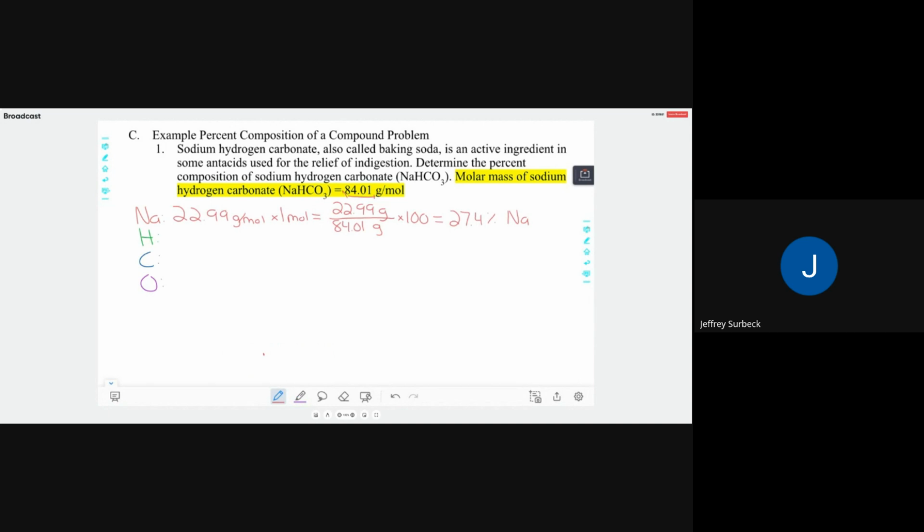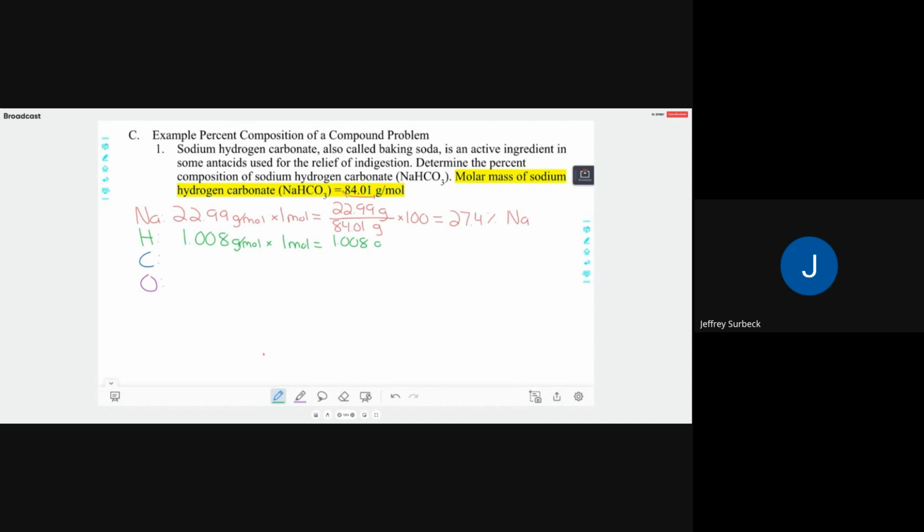We're going to do the same or similar thing. The only difference is this. Hydrogen has a different molar mass. Molar mass of 1.008 grams per mole times, how many hydrogens do we have in the formula? 1. So we say times 1 mole. Well, that gives us